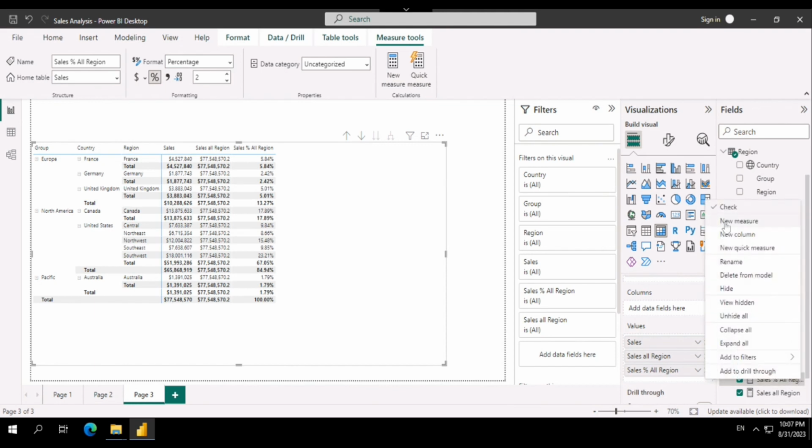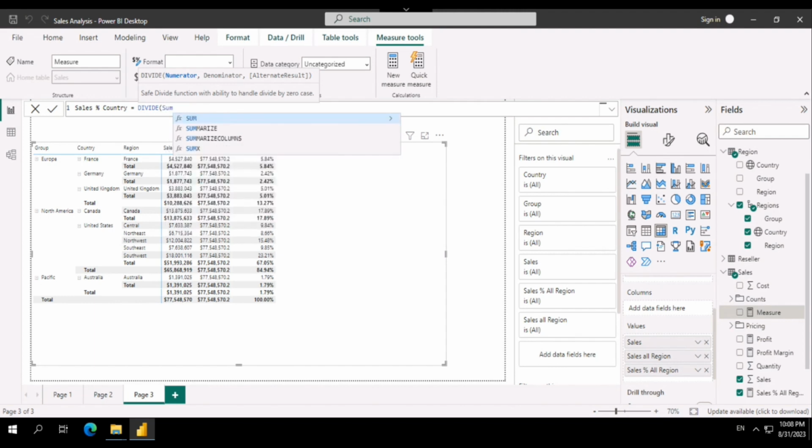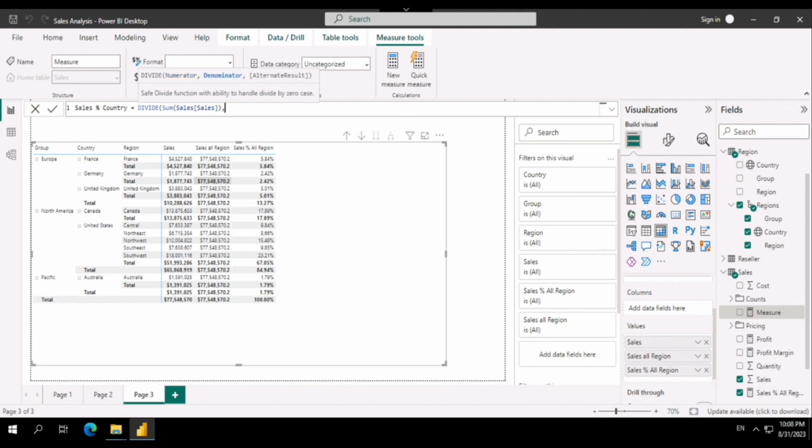Now we'll create another measure that will apply or remove filter by the country or the region, so that it is displayed all percentage by country. So sales percentage country equals divide, sorry, divide sum of sales is this, and comma calculate sum of sales again,